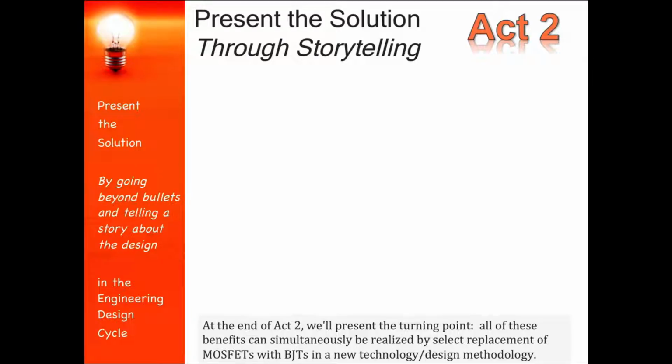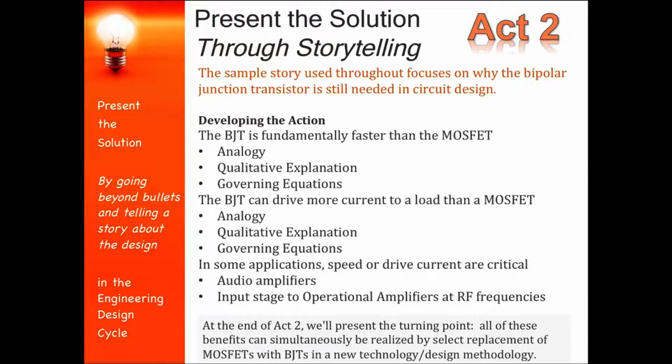In our BiCMOS story, for example, we have 3 major points. The first 2 points identify the distinct advantages of BJT technology, faster and stronger, and then the third major point we clearly set up as the turning point, that some applications need speed and strength, and CMOS can't cut it in these areas. That is where we drop back to the punchline, that there is no need to give up CMOS to get these advantages back, but instead we can combine BJT with CMOS technology to satisfy the needs of these applications, and therein lies our happy ending.